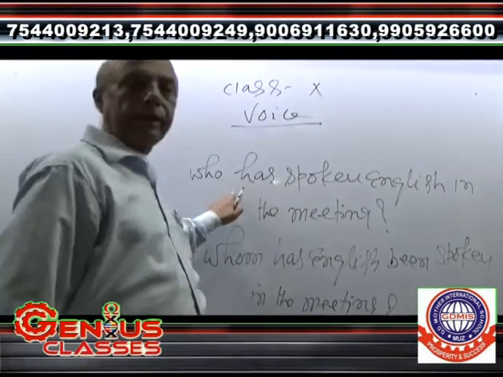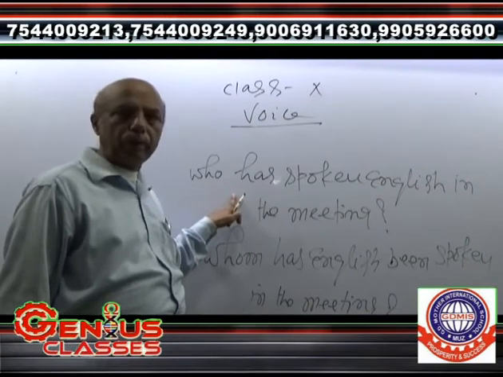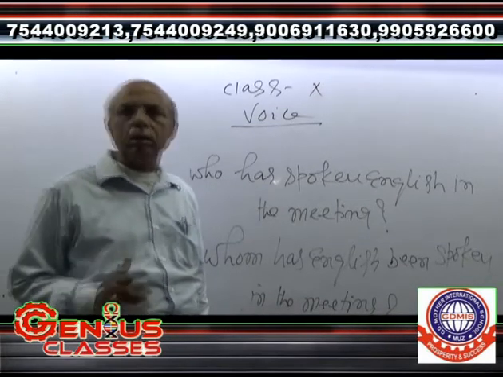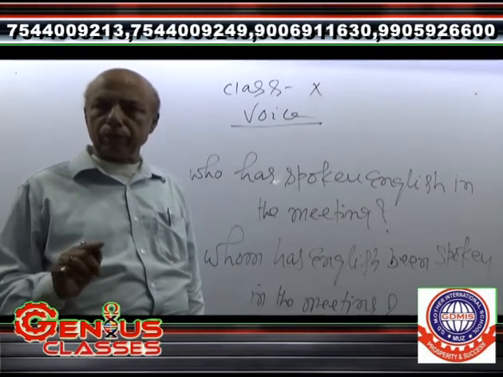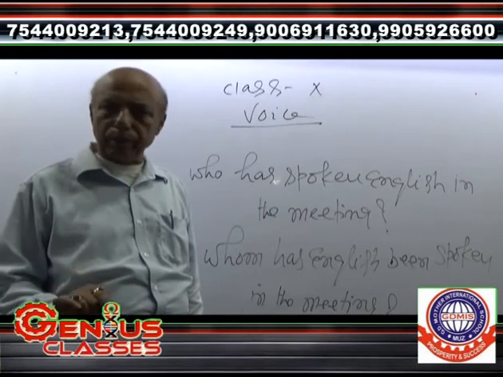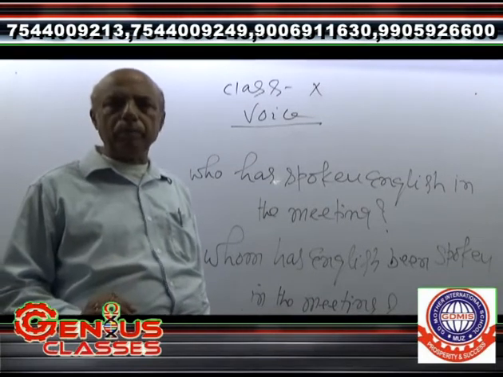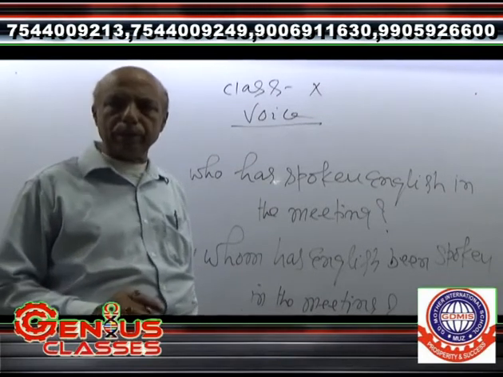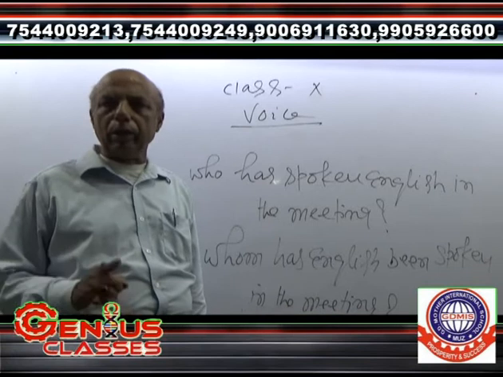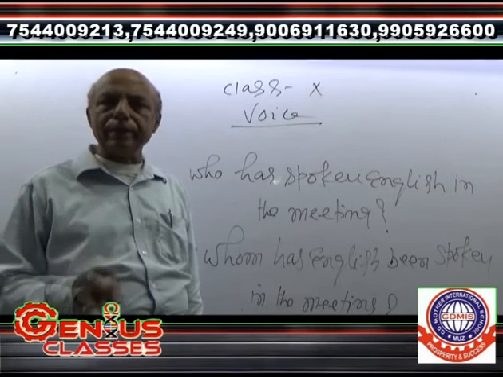It is in active past. Look and be observant to understand what has been taught. I have taught some of the sentences that start with who in the active past. Those types of sentences are changed from active to passive by applying by whom plus auxiliary verb plus subject plus V3 and object. Who did that work, by whom was that work done. Who has spoken English, by whom has English been spoken.